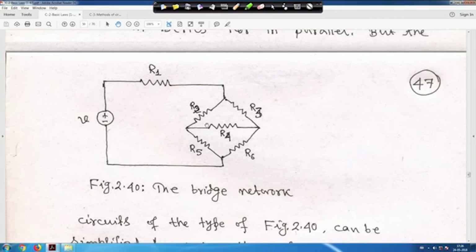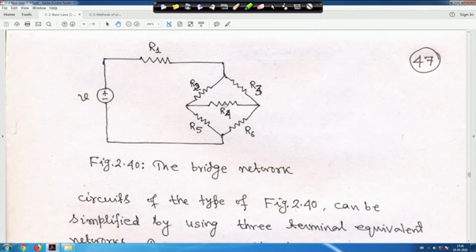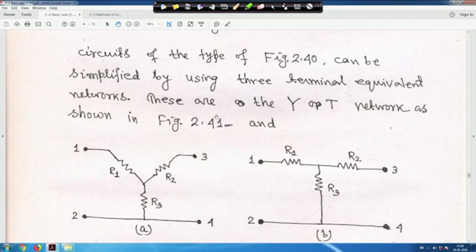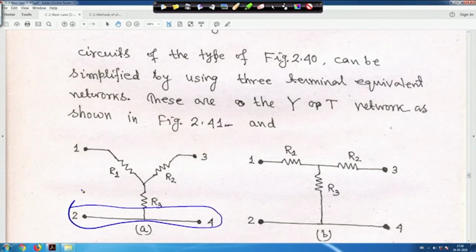In that case you will find it difficult to get a series-parallel combination because of the way their connections are. So you have to simplify by using 3-terminal equivalent networks. We generally consider a 3-terminal equivalent network. For example, for this one, 3 terminal means basically these 2 terminals, look into that, these 2 terminals are actually common. Basically this is one terminal and this is another terminal, and 2 and 4 are a common terminal. So it is not a 4-terminal, it is a 3-terminal, and resistances are given, say R1, R2,